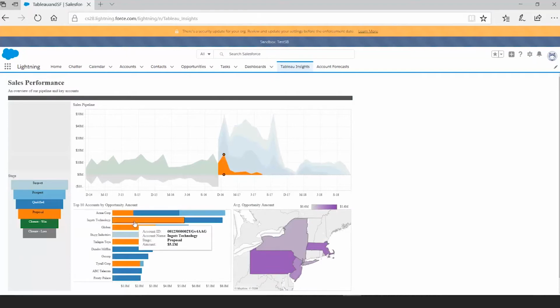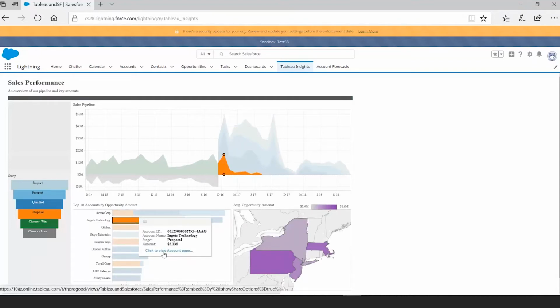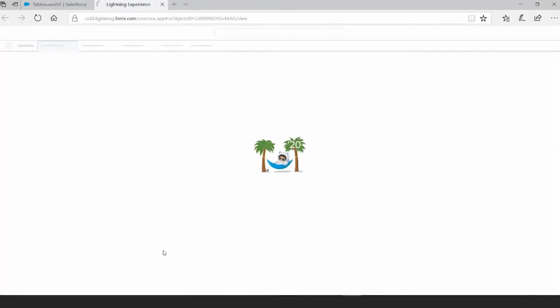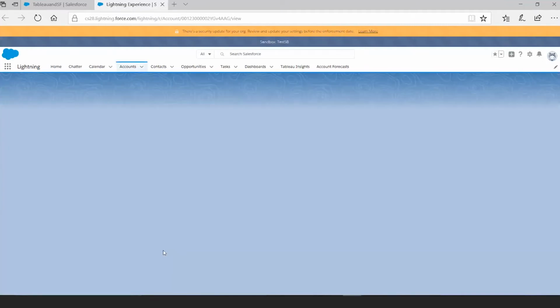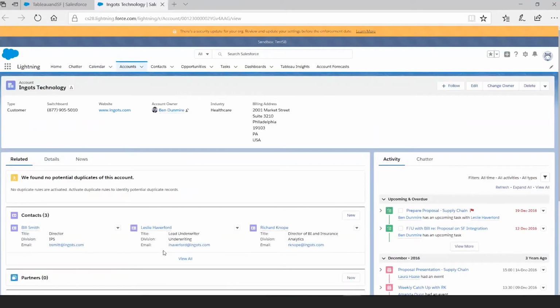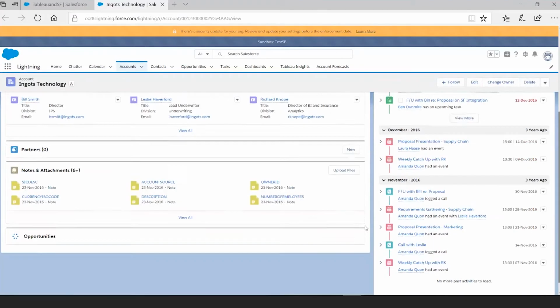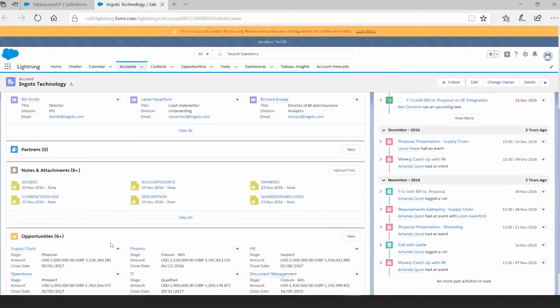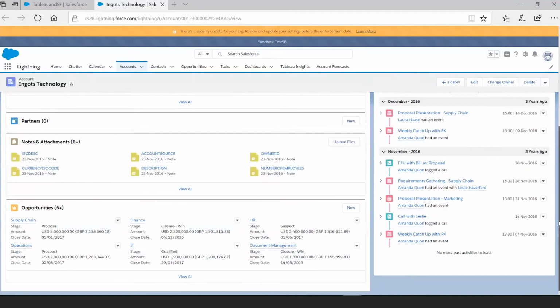And I can see down here that Ingots technology has got some huge opportunities and I really need to focus on them. So if I click on Ingots, it gives me a bit of a tooltip with a little bit of information, but more importantly for today's session, it gives me a click to view account page. If I click on that, then Tableau is going to pass that information back to Salesforce and it's going to open up on that particular account. So I didn't have to go in and re-pick Ingots. It's found the account for me, and I can then start to work within that particular customer, and I can start to see all of the opportunities down here that I might want to focus on